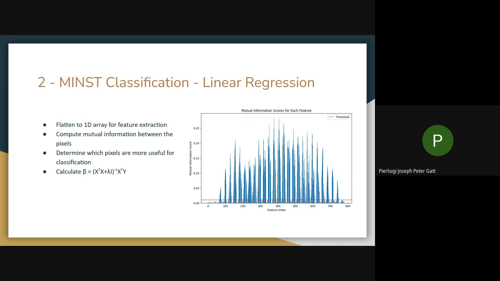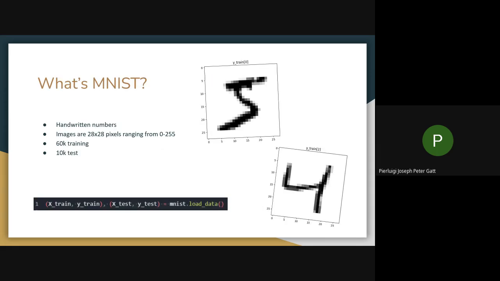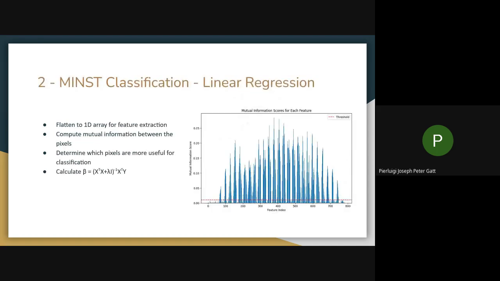And since there are so many pixels, in order to reduce the amount of data that we're analyzing, we decided to do some feature extraction. So we looked at every pixel and saw which pixels are most important to